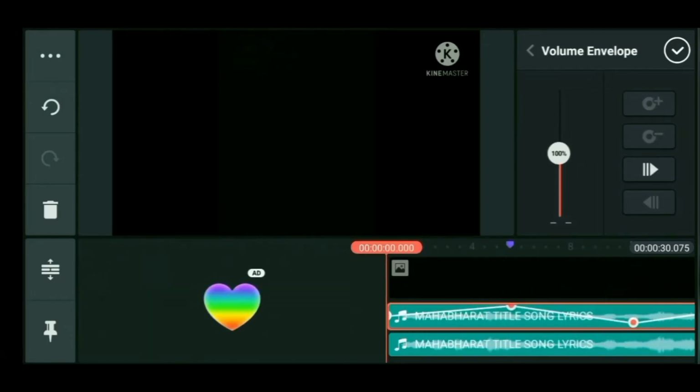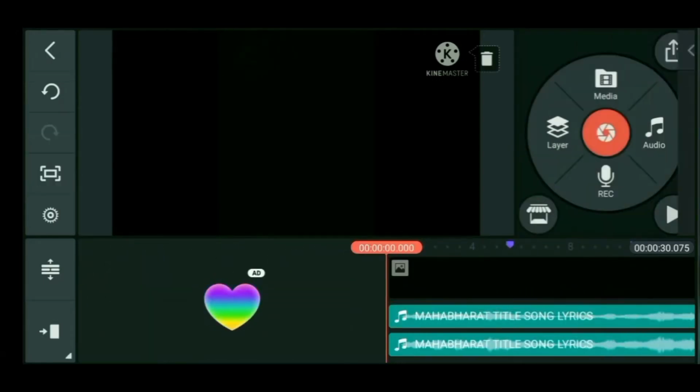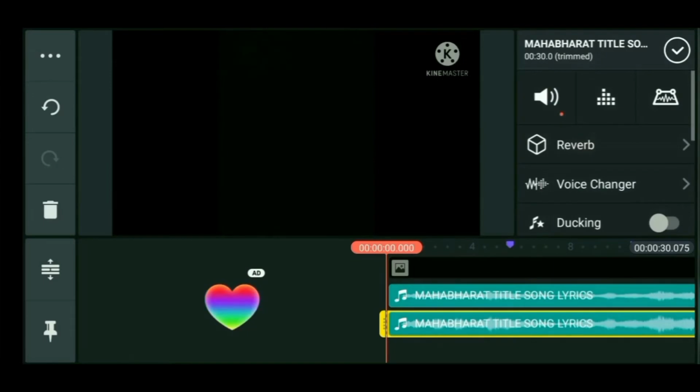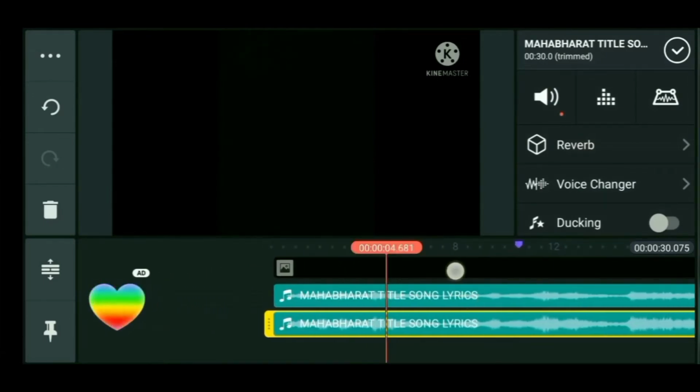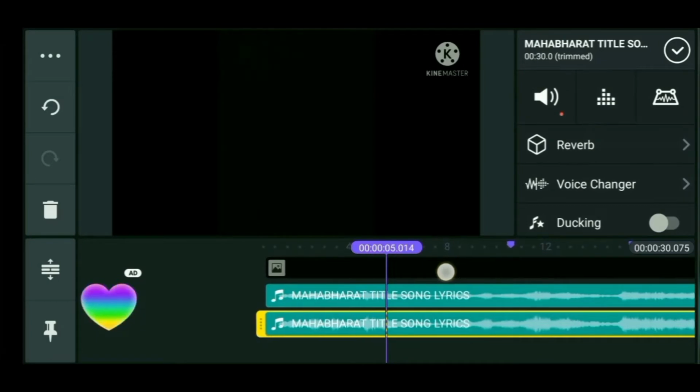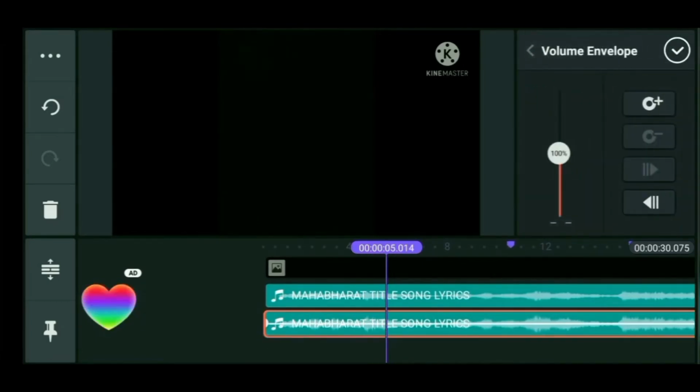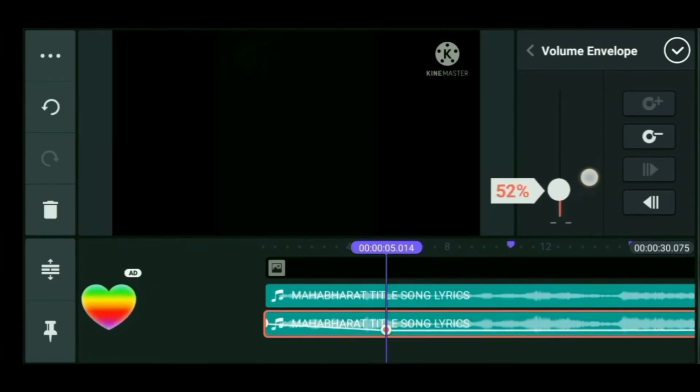Remember. Now you click on the tick mark, and for the second audio again you have to go to the 5 second marking, and click on the third option again. Now what you have to do, instead of increasing first, because in the first audio we first increased to 175, here you have to decrease it to 50 first instead of going upwards.